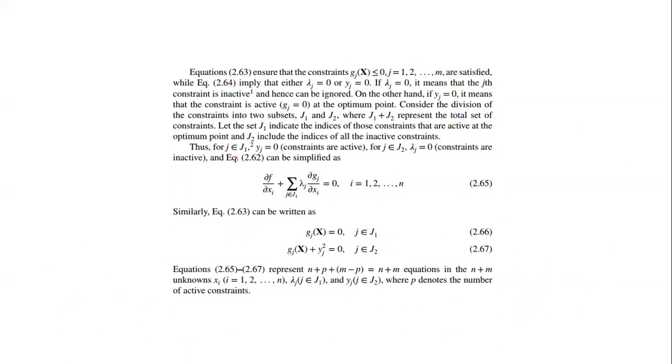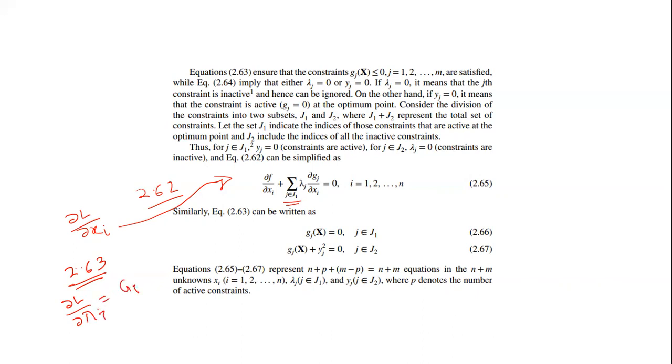And since we are only concerned with the active ones, we can rewrite our equation 2.61, which is basically the partial derivative of L with respect to xi. That can be simplified by only considering the active constraints. And also our second condition that was given, 2.63,